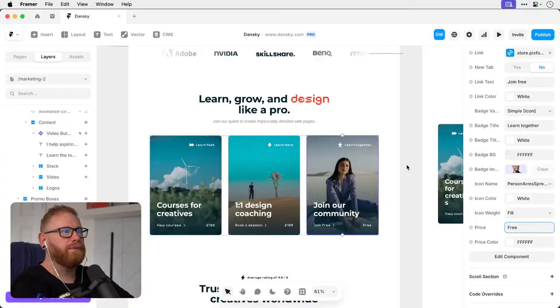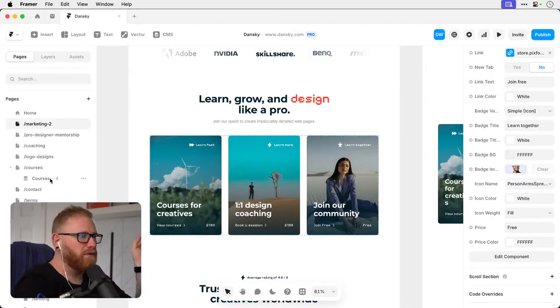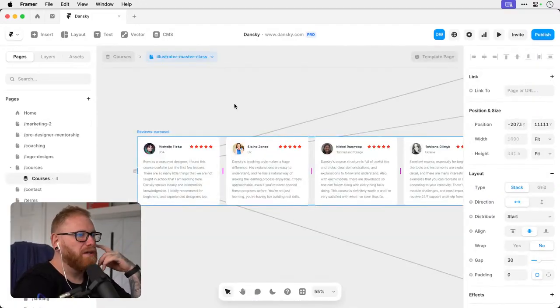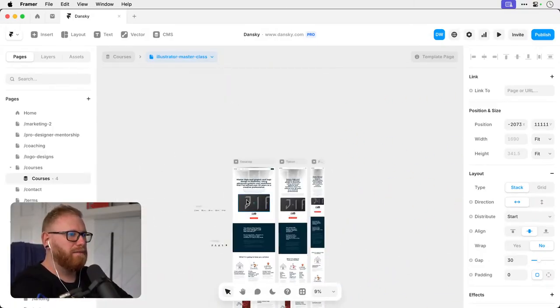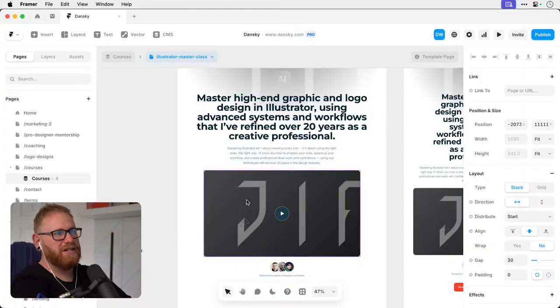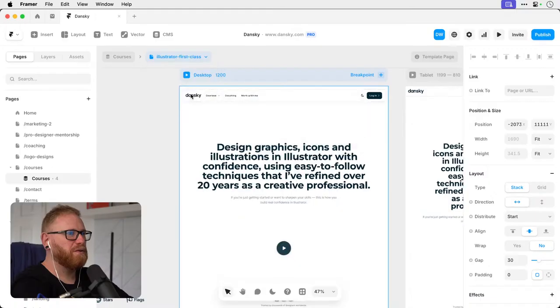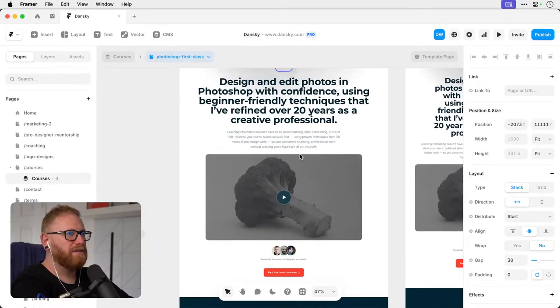Free. This is another great thing about the CMS that's built into this template. Because if I've got 4 courses and I've got 4 sales pages, I don't want to update one sales page and then have to do that all again for all the others. That's just a waste of time. So what you can do is set up a template page. This is like the sales page template for a course, and then you can just switch between the different ones. Super simple, and it just loads in the relevant content.